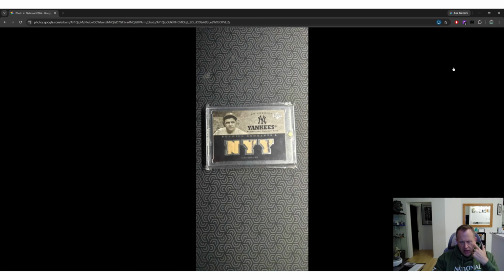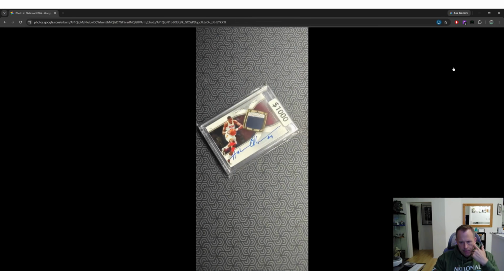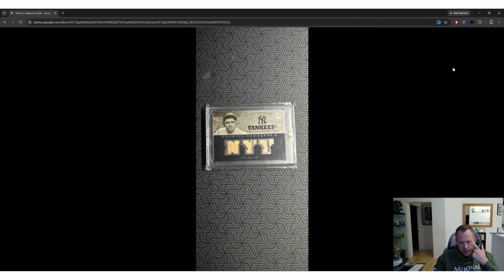These are the UD Upper Deck Premier Remnants Babe Ruth. So these are pants. I believe these are 2007. This one was interesting. These are very tough to comp